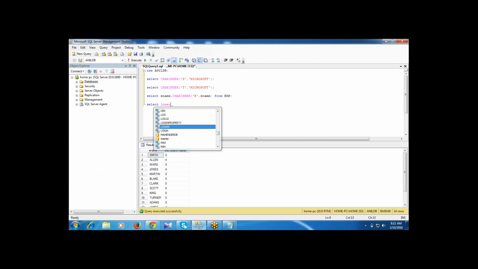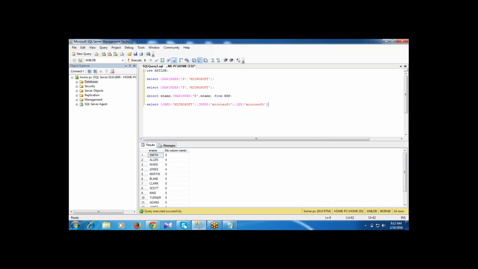LOWER of Microsoft converts uppercase into lowercase, UPPER converts lowercase into uppercase, and I also want to find the number of characters in the given string Microsoft.